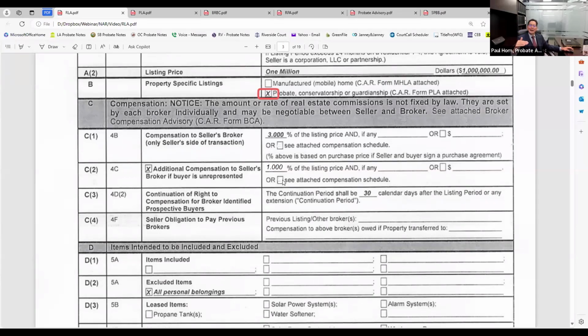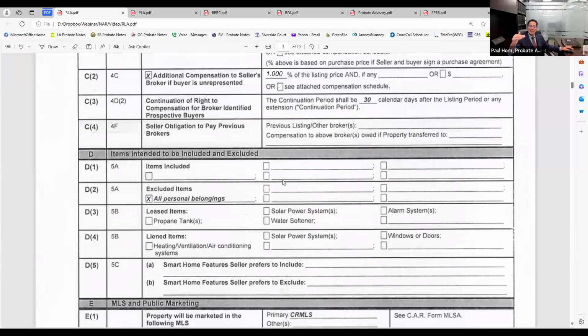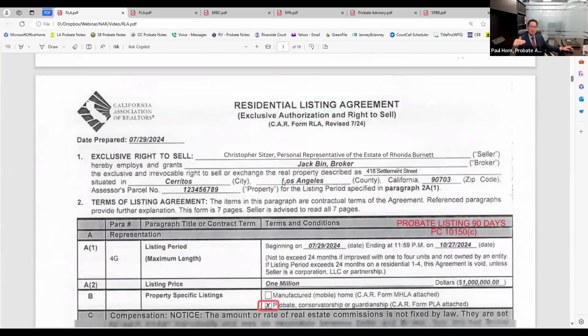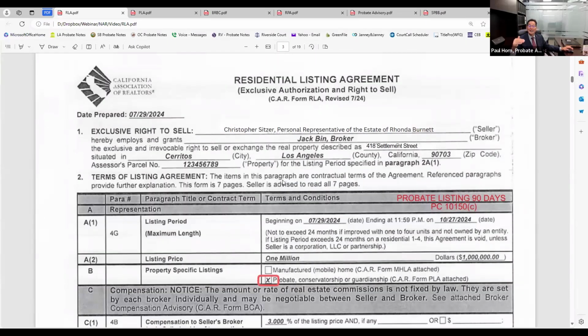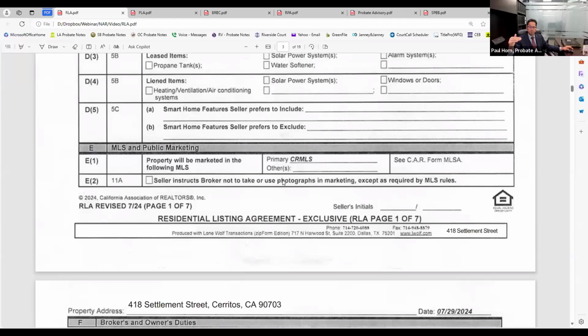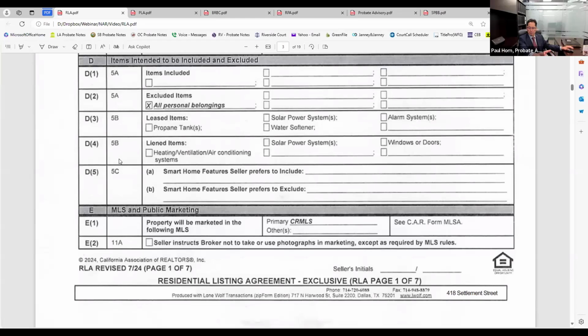As we move down this new RLA, this new listing agreement, as we move down, we come to this section E, right? Section E. We're still on page 1 of 7 of the RLA.